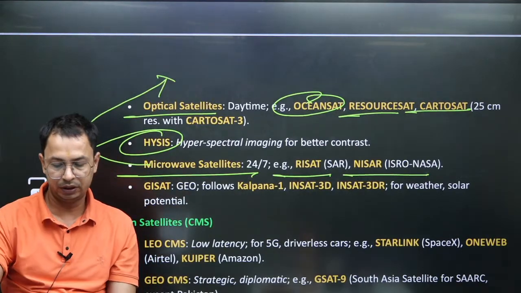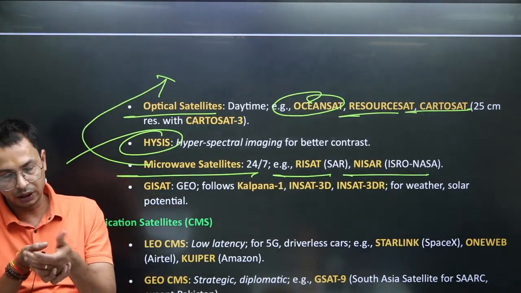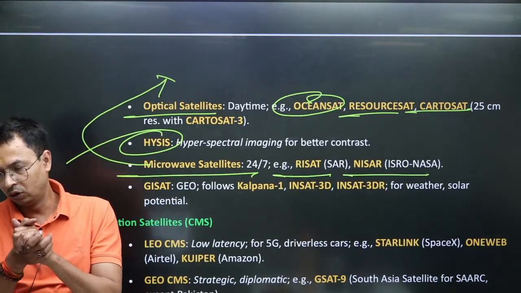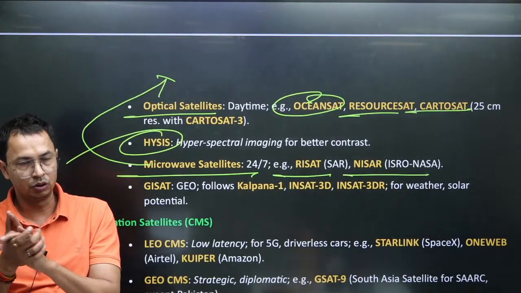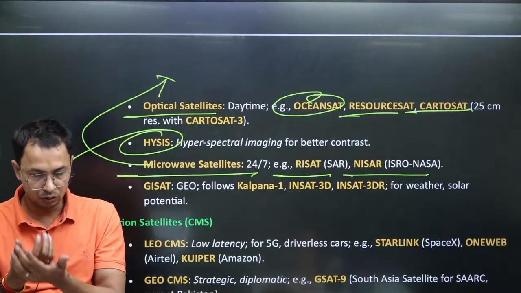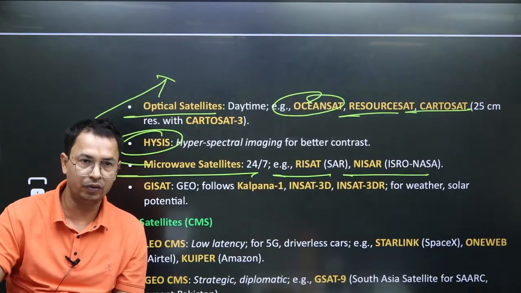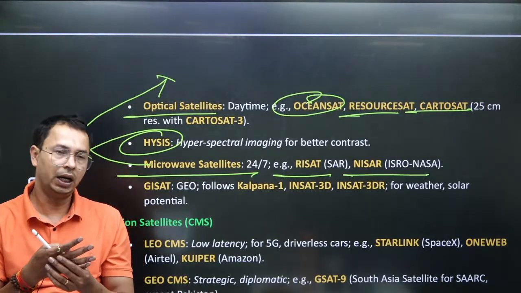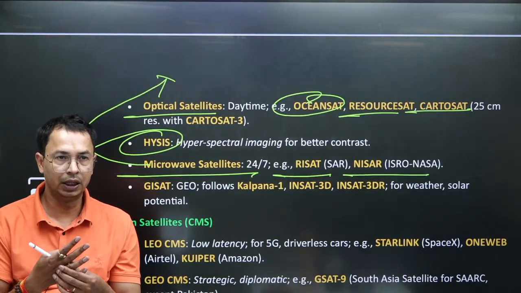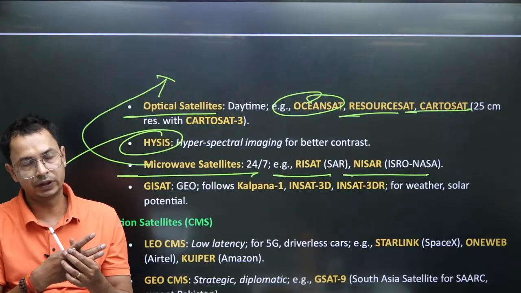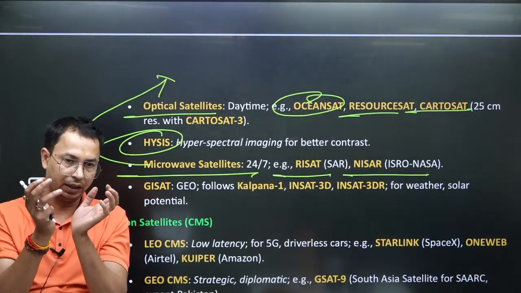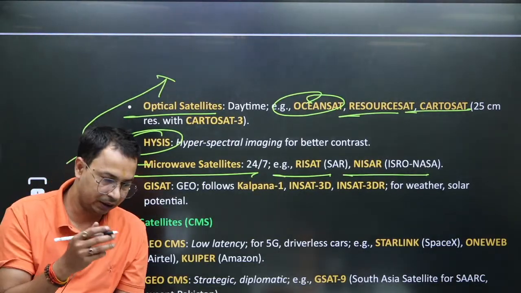And with the microwave satellite, we can do resource mapping, we can know the agriculture produce, we can do coastal planning, we can do border security. And these microwave satellites are also called the eyes on the sky. Eyes on the sky. With the help of microwave satellite, we can know the location